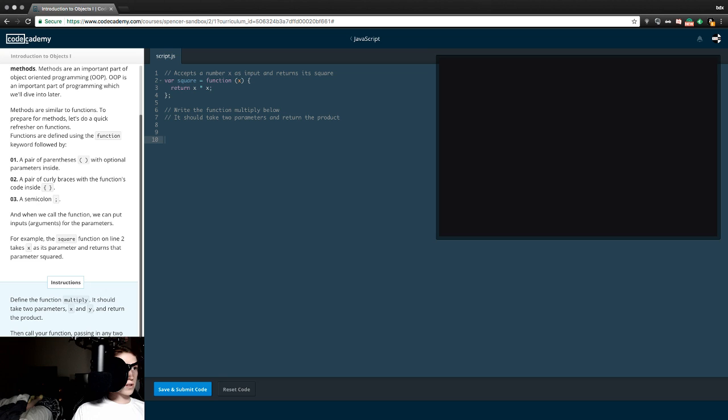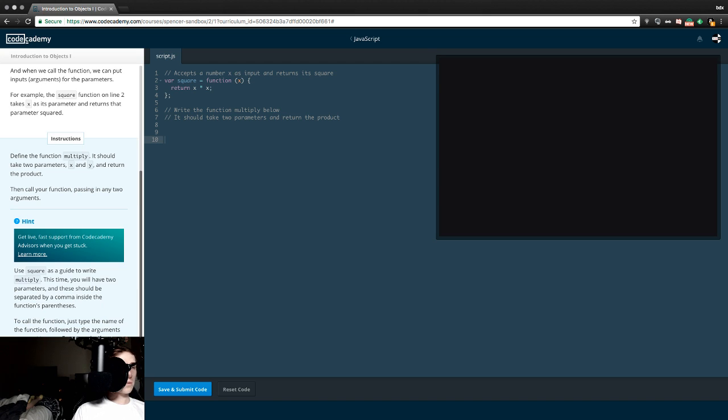Let's open the hint to move instructions up. Define the function multiply. It should take two parameters, x and y, and return the product. Then call your function, passing in any two arguments. Use square as your guide to write multiply. This time, you'll have two parameters, and these should be separated by a comma inside the function's parentheses. To call the function, just type the name of the function followed by the argument you want to pass. For example, if we wanted to call square, we would call it using square(2);